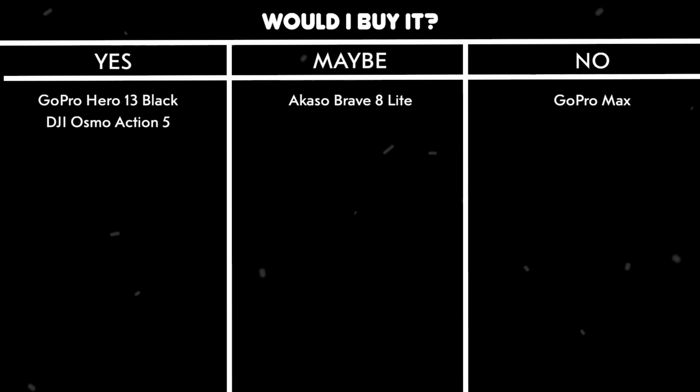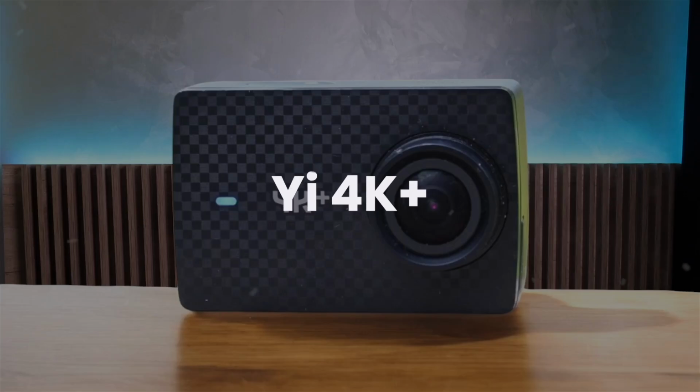The lack of a touchscreen is a real bummer and the menu system feels clunky and outdated. Would I buy it? No, because there are better options available with more modern features and superior image quality for the price. V4K Plus. This little camera packs a punch with its ability to shoot 4K at 60 FPS, matching